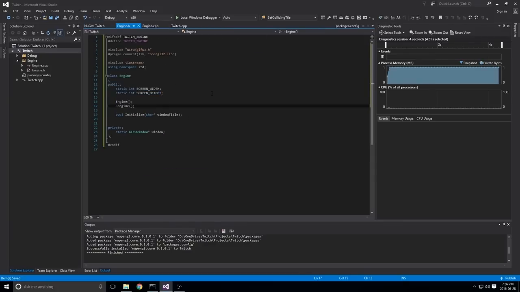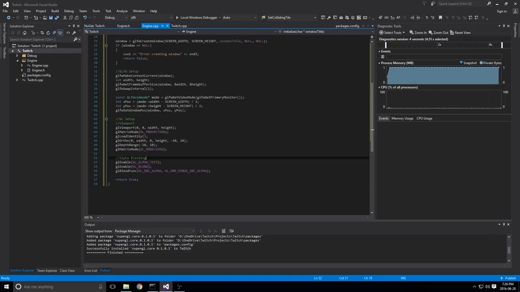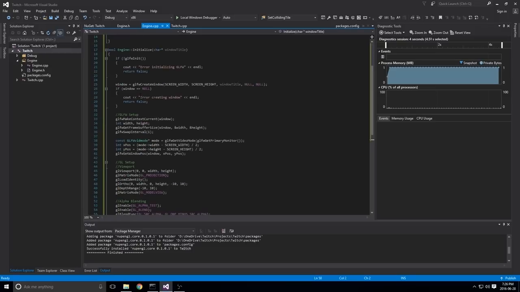Now we need, and this is pretty basic in terms of game development, two different functions. We have an update function, and we have a render function, okay? So these basically are things that happen, usually in that order. You update the state of everything in your game, and then you render that current state to the screen. So we need to implement these two, and then we can actually see something.